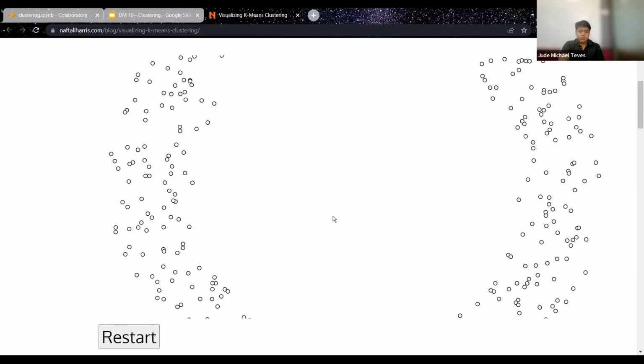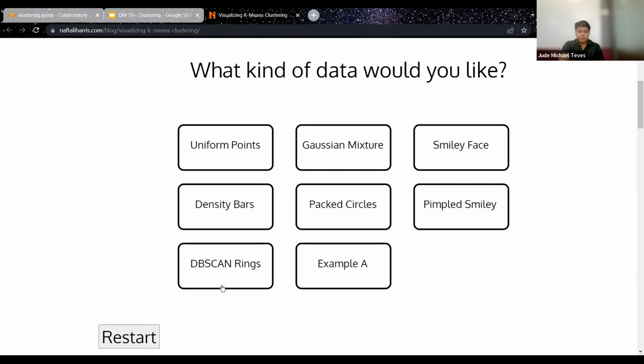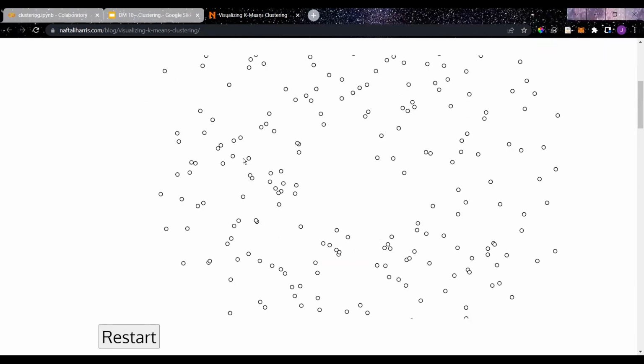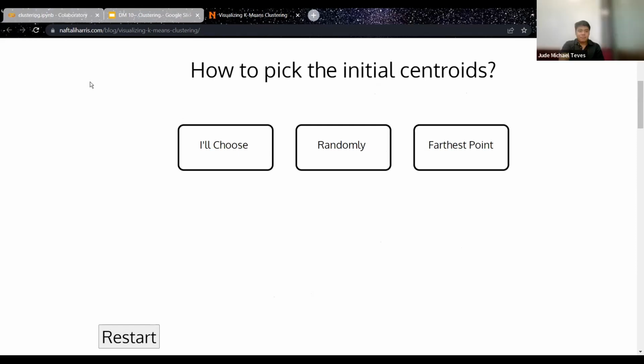What's this? Don't want this. Sir. Oh, nothing. Just checking. No. Can you send the website in the chat? I want to play with it. Yeah, I will send this. Then the clustering